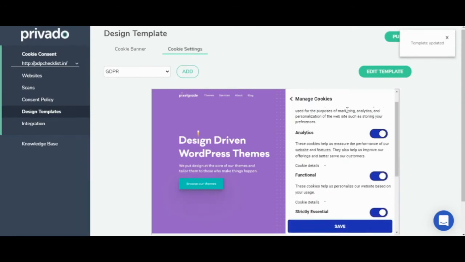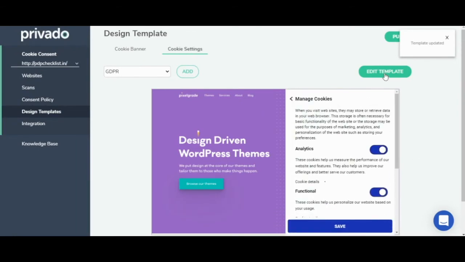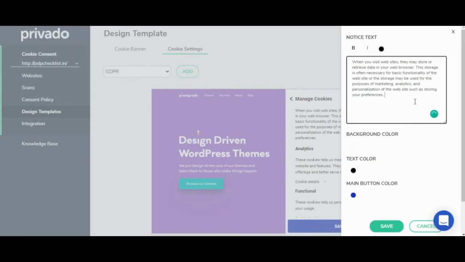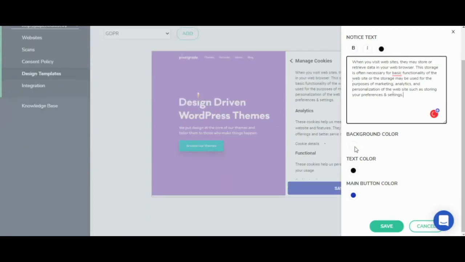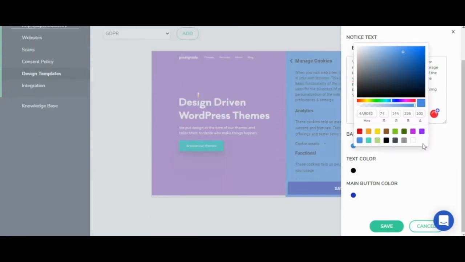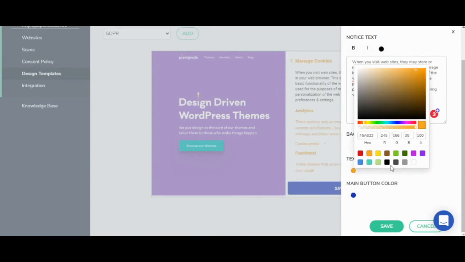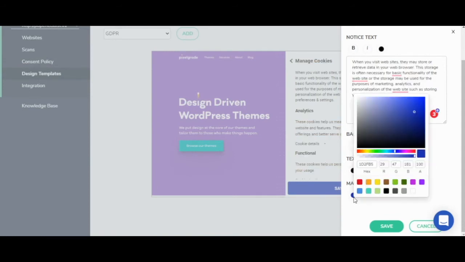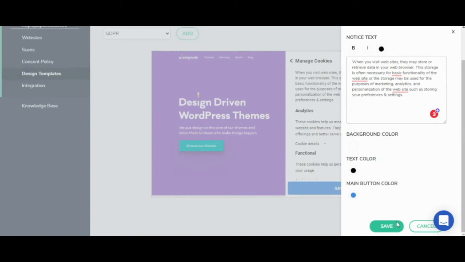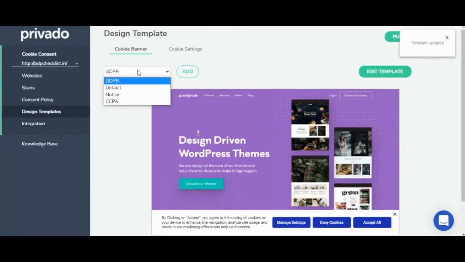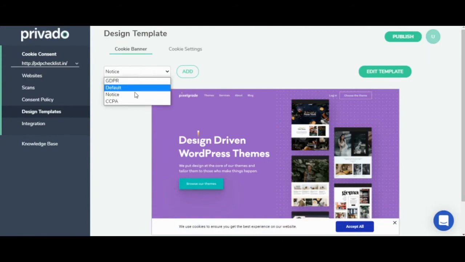The second customization is for the modal. Here what you can do is you can change the text, which is here, preferences and settings. You can again change the background color, but for us white will work. You can change the text color, but again for us black would work, and all the button color can be changed to a brand color with one click. So these are the 2 customizations that you can do, and this is possible for each design template.